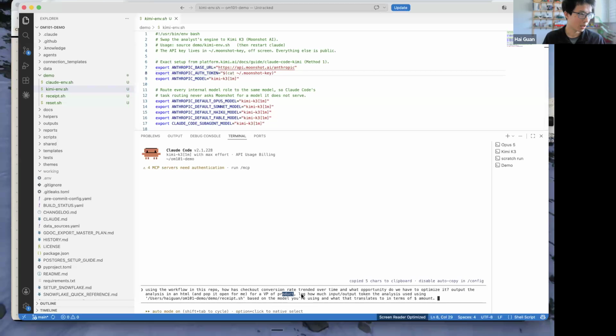It's for a VP of product. So that's my audience. I also have a script here that will help log how many input and output tokens this analysis used end to end. This is the receipt.sh file, based on the model that you're using, which is Kimi, and what that translates to in terms of dollar amount. What I'm trying to do is understand, when it finishes running this analysis, how much this whole thing costs, and then compare it against other models. All right,